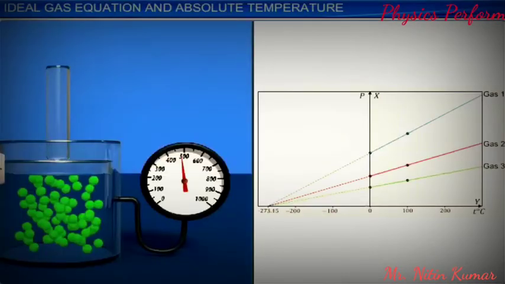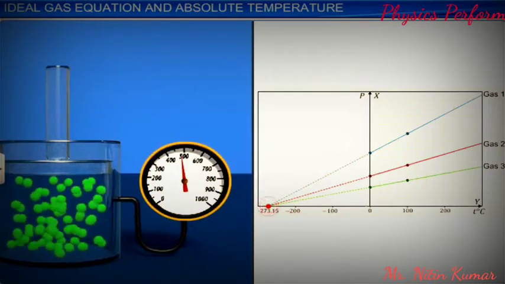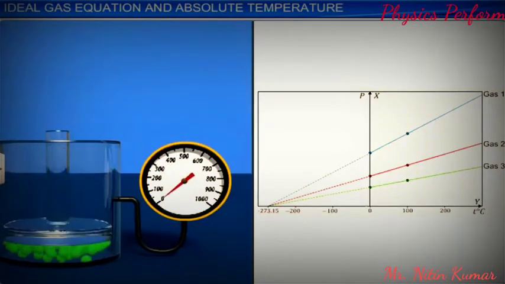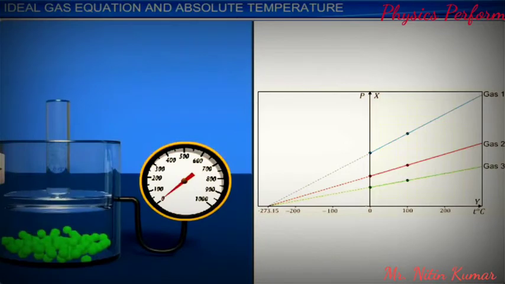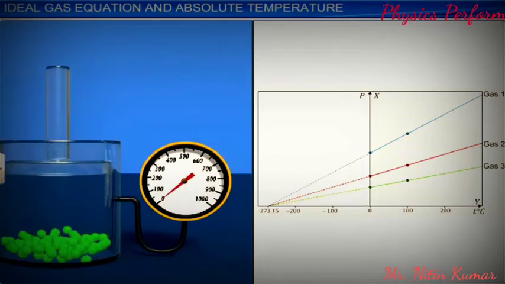That means, at temperature minus 273.15 degrees centigrade, if the gas is still in the same state, its pressure reduces to zero. In fact, at this temperature, the average kinetic energy of gas molecules becomes zero. As a result, they cease to move and settle at the bottom of the container,